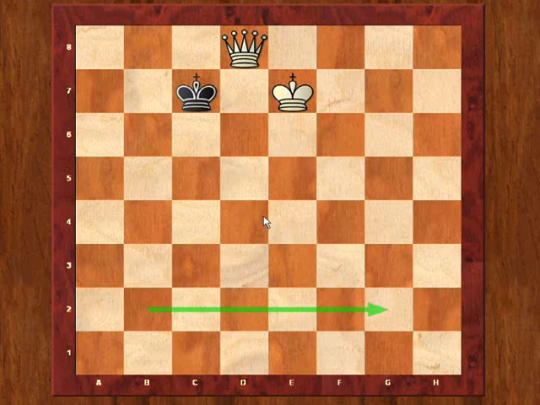But the focus of this video is really about the three types of opposition: direct opposition, diagonal opposition, and opposition